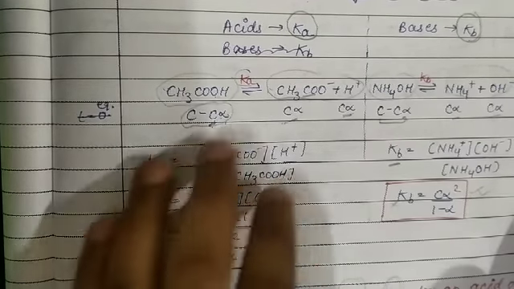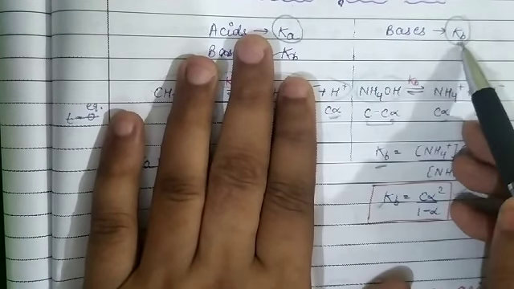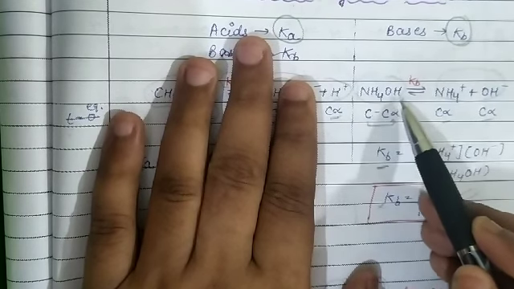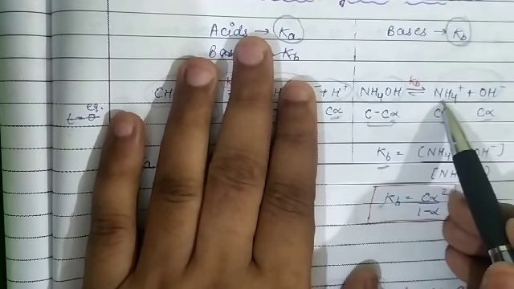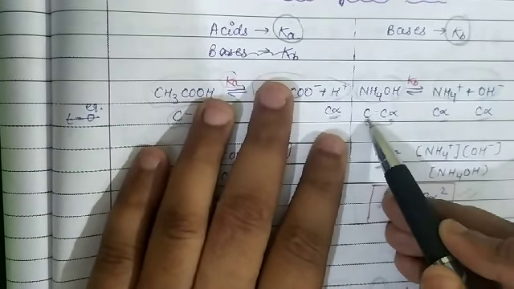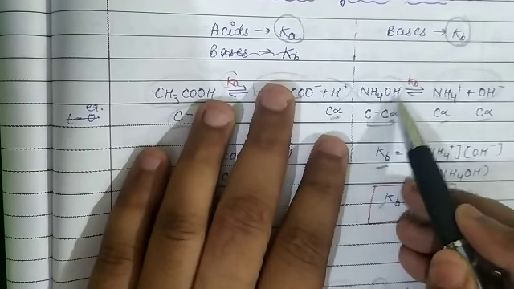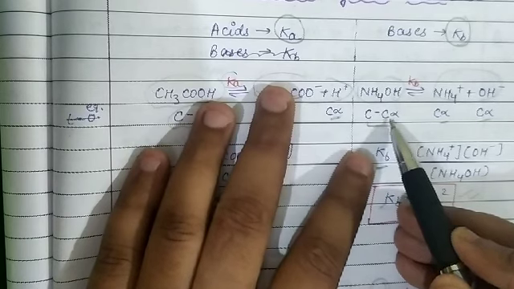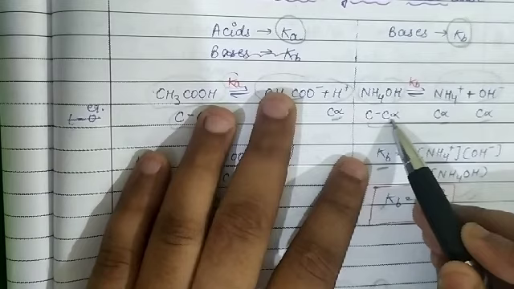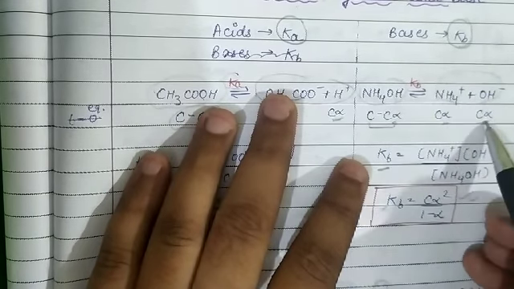In the same way, we can calculate the dissociation constant of a base. For a base, the dissociation constant is Kb. For example, NH4OH is a weak base that dissociates partially in aqueous solution into NH4 plus and OH minus. So at equilibrium the concentration is C minus C alpha, as initially it is C and the degree of dissociation of the weak base is alpha. In the same way, the ratio is 1:1, so when it is C alpha, it is also C alpha for the other ion.